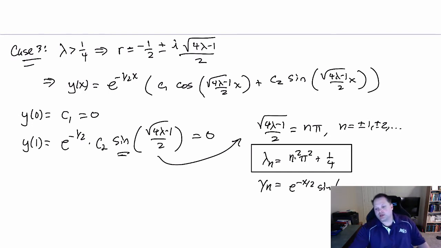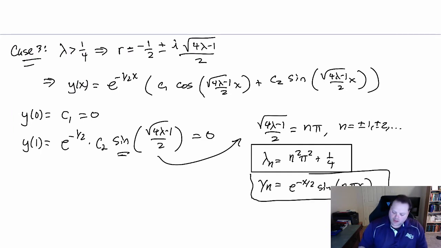Well, just so you can see, if you plug this in for lambda right here, what you'll see happen is it's equal to n pi, that thing that's right here, right? So square root of 4 lambda minus 1 over 2, that term is equal to n times pi. So this ends up being n pi x for the eigenfunctions. So up till now, we've been able to get this far,